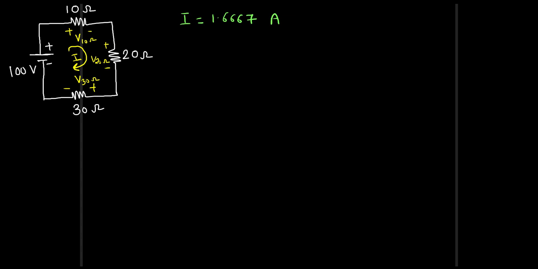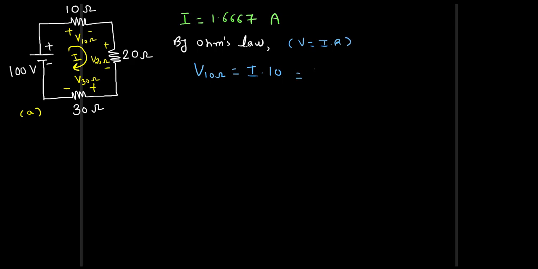Now we can apply Ohm's law in this figure also. So this is figure A. So by applying Ohm's law in figure A. Remember, Ohm's law can be applied to individual resistance or it can also be applied to entire circuit. Earlier we have applied to the entire circuit, now we are applying to individual resistance. So by Ohm's law we can write voltage across 10 ohm is equal to current, that is I, into resistance. So resistance is 10. So remember, voltage is equal to current into resistance by Ohm's law.